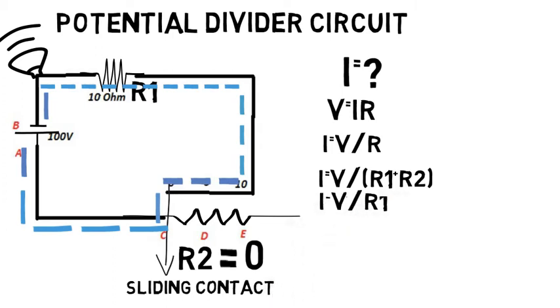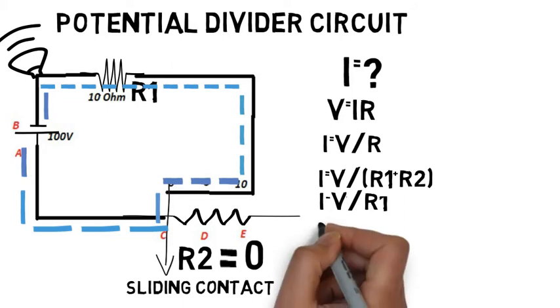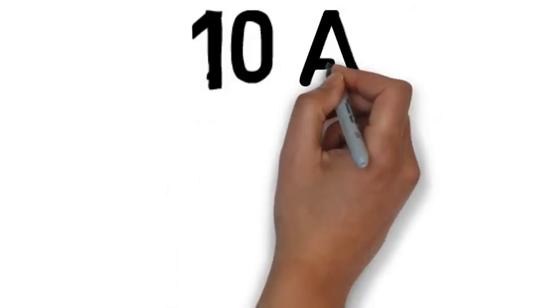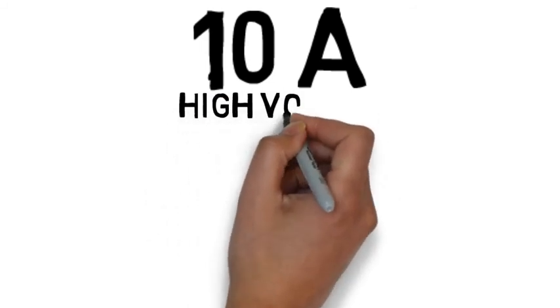Now let's put the values. V is equal to 100 volt and R1 is equal to 10 ohm. So I becomes equal to 10 ampere. 10 ampere is a large amount of current that is passing through this loudspeaker. It means you will have a high volume. You remember that